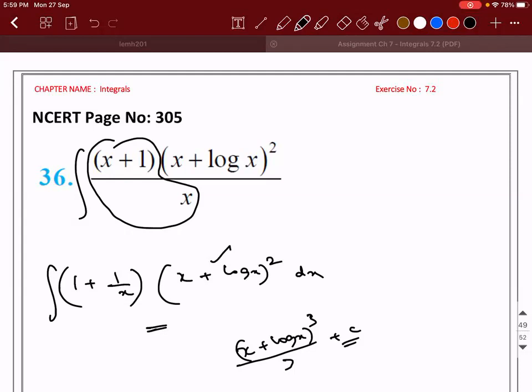That's it, guys. But I think there are 3 more problems. We'll do it in tomorrow's class and we'll start 7.3, the basics of 7.3. Okay. So I'm sure you guys are clear with all the concepts and able to solve on your own. But keep trying, okay? If there are any doubts, reach out to me.